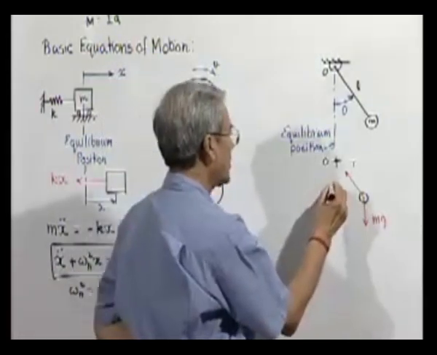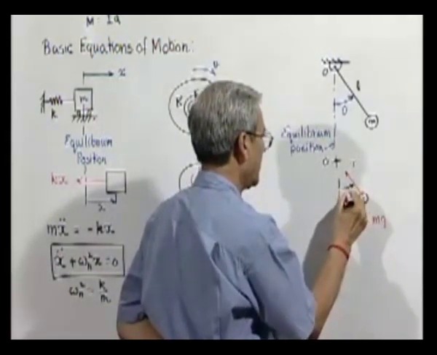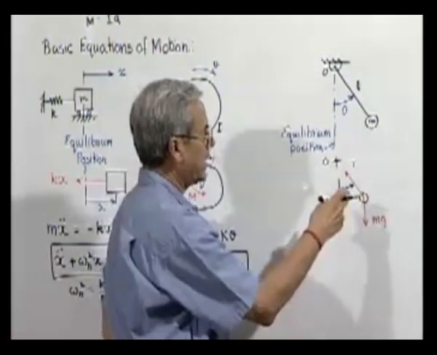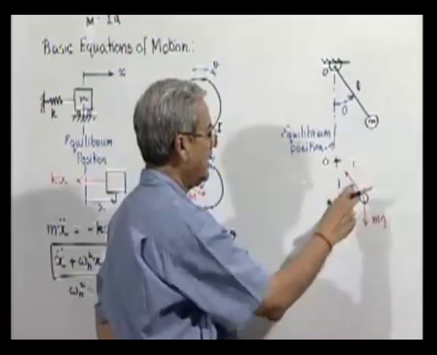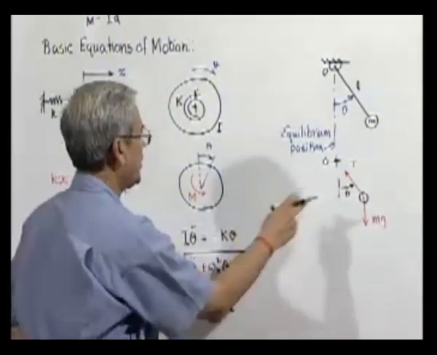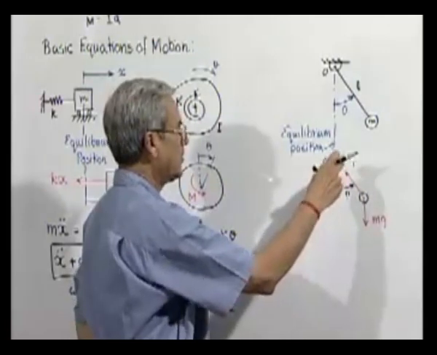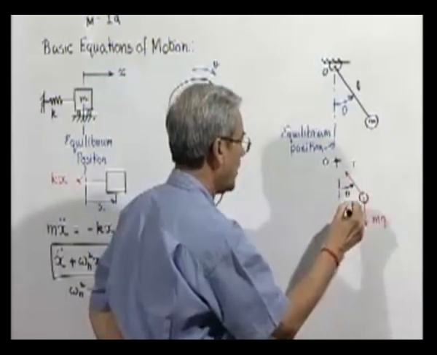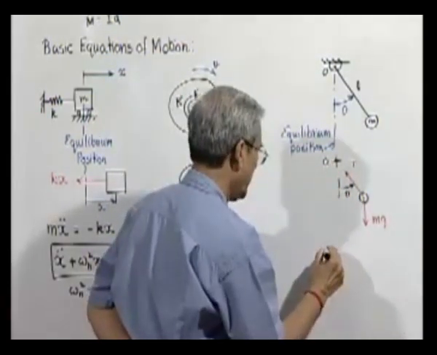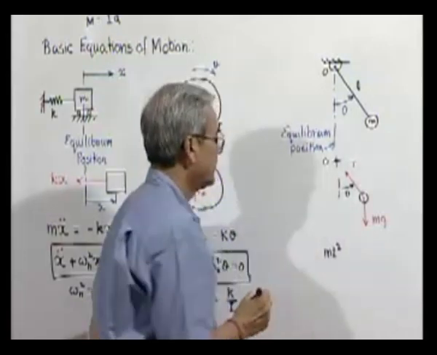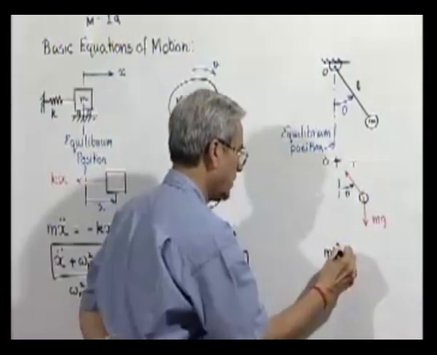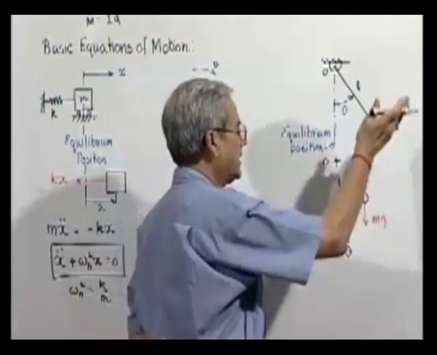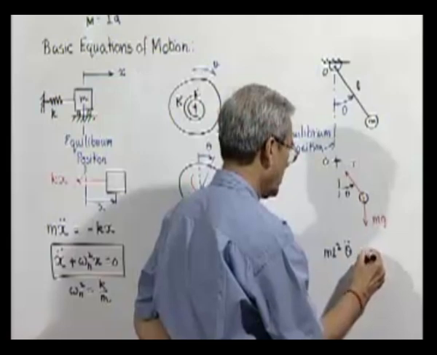Now, what will be the equation of motion for this? We can do it two ways. We can find out the total moment of the external forces about this point O, and then apply the moment of inertia of the system about this into theta double dot must be equal to the total moment acting in that direction. So, what is the moment of inertia about this point? It will be m L square, and the angular acceleration in the algebraically positive direction is this. This must therefore be equal to the total torque acting in this direction,